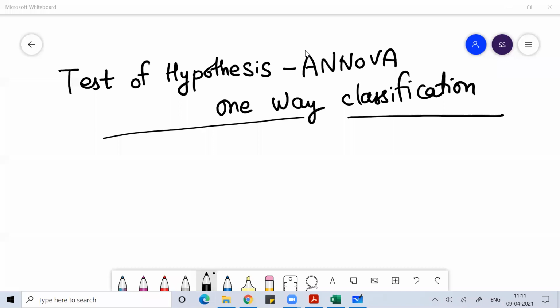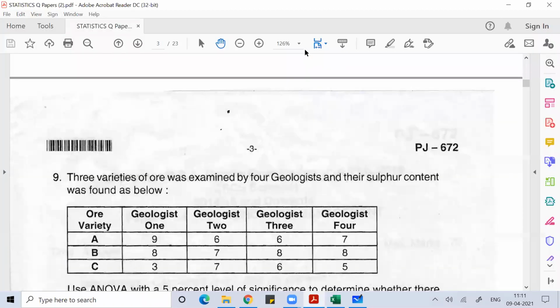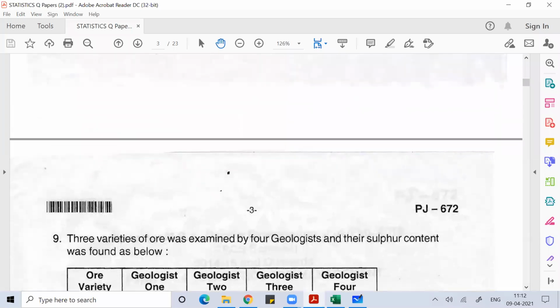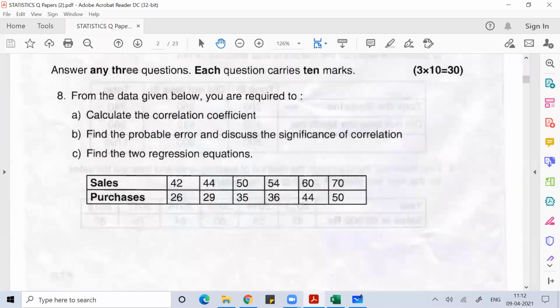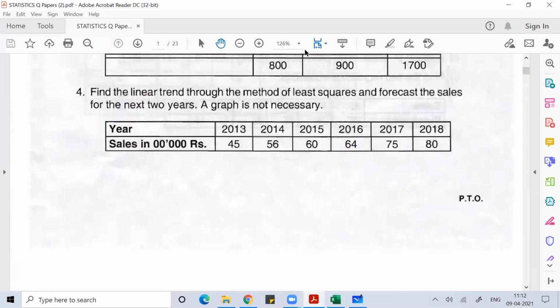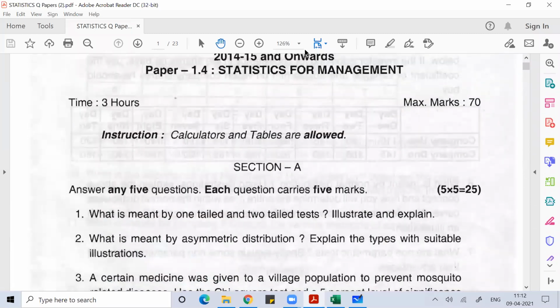Mainly in Bangalore city, the questions that come will be of one-way classification only. Once or twice, I have seen a problem where two-way classification used to be there, but generally, whenever we see the previous year question paper, we'll always find one-way classification only. And from the perspective of ANOVA, you'll always have a 10 or 15 marks question from